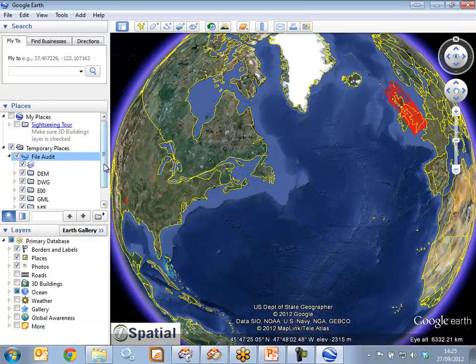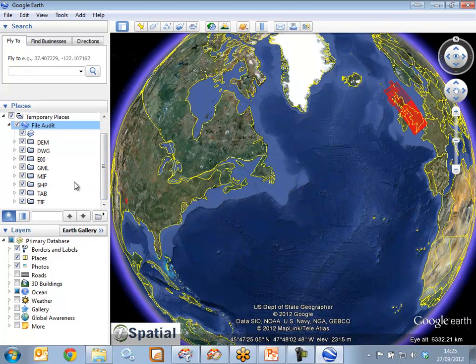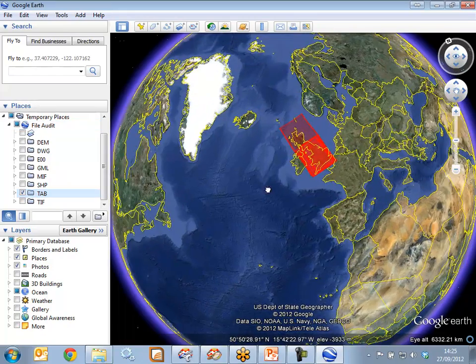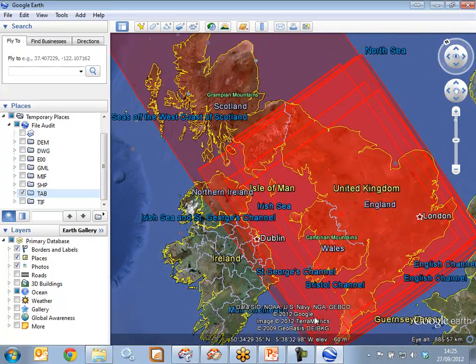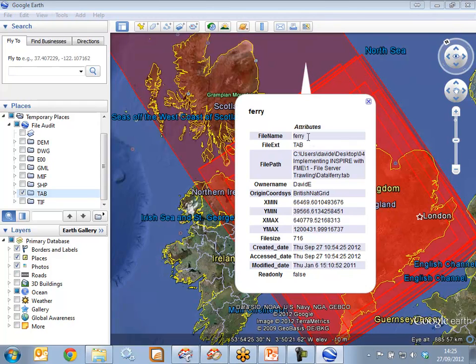So if I go to my output and double click on the KMZ file, it'll zoom in and you can see that I have a file Audit here. The Audit shows me, grouped by file type, the data that I have around my network. So if I just turn everything off and turn on all the tab files that I've got and zoom into the United Kingdom, you can see that I have a bounding box that covers all these different areas,